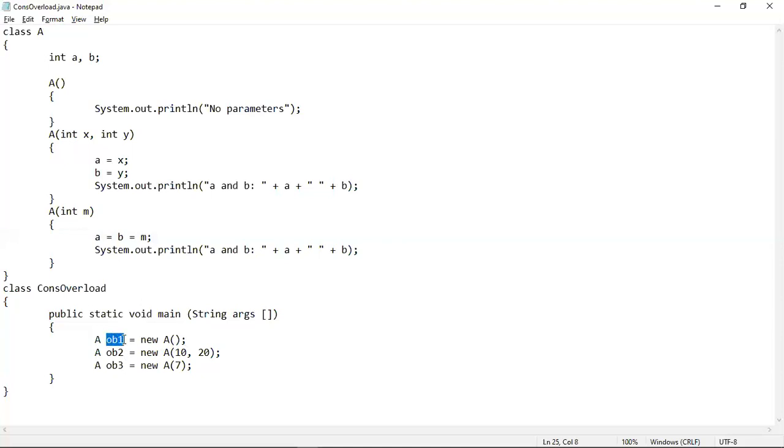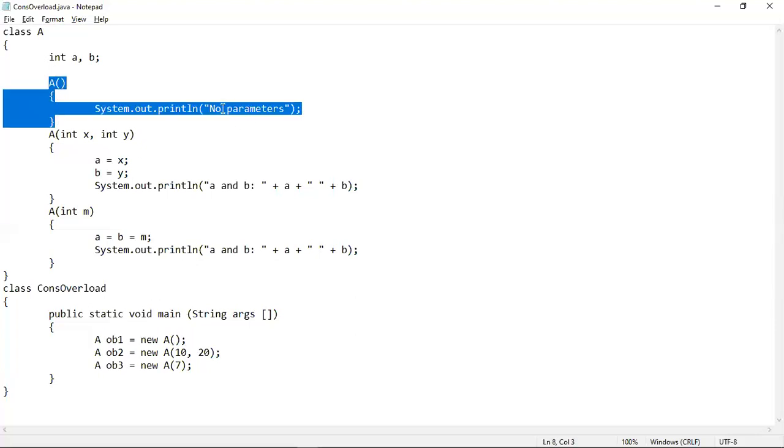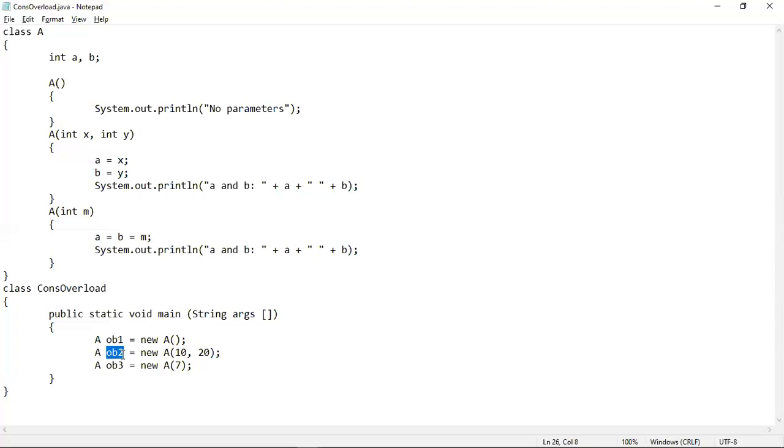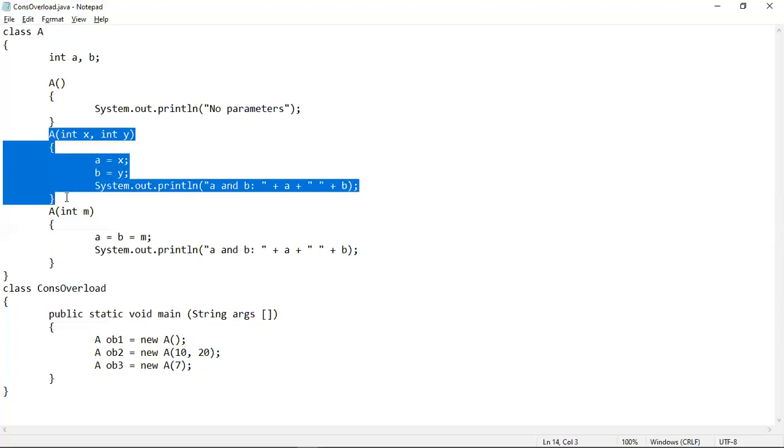Using the first object ob1, the first constructor which has no parameters inside it has been called. So whenever this ob1 object is created, this constructor body will be executed and "no parameters" will be the first output of this program. Whenever the next object ob2 is created, this constructor with two integer parameters is called. That means this constructor body will be executed.